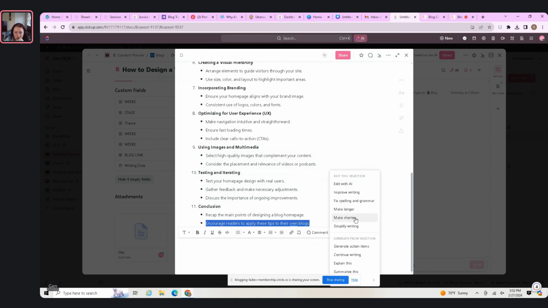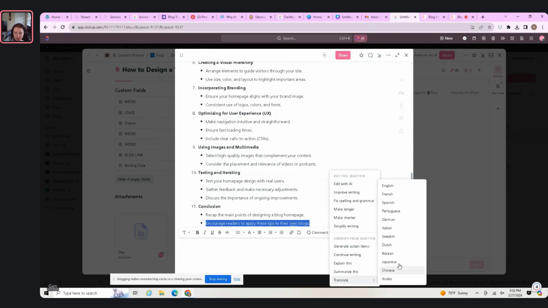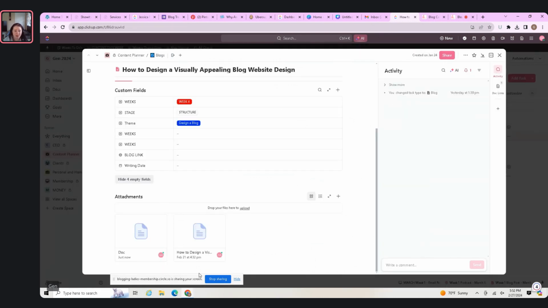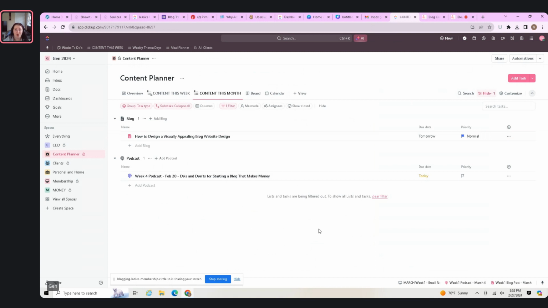What else can you do? Explain this, summarize this, translate this into a different language. How cool is that? Are you kidding me? It's amazing. You can literally tell it to do anything that you want it to do. I generate so much with AI in here, and it gives me really good stuff, way better than any AI tool. I've stopped paying for all the other AI tools,